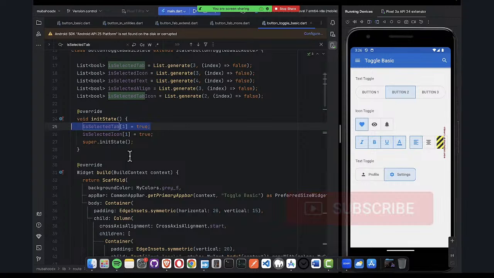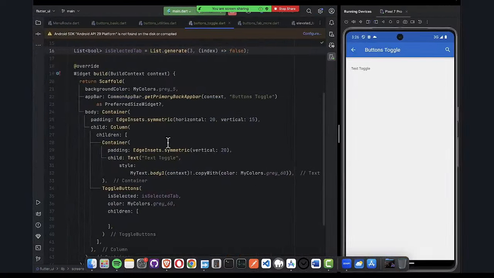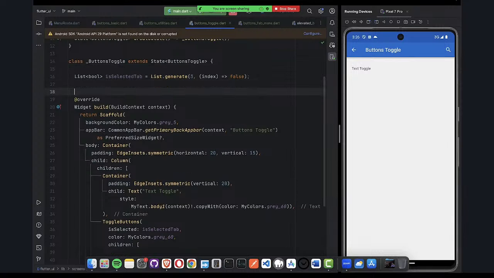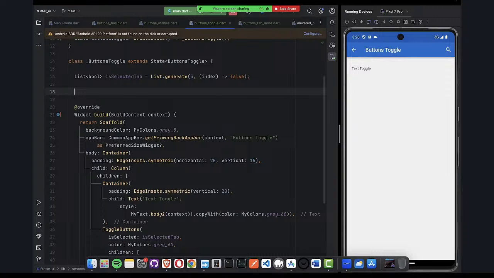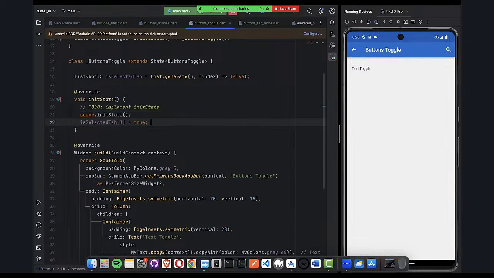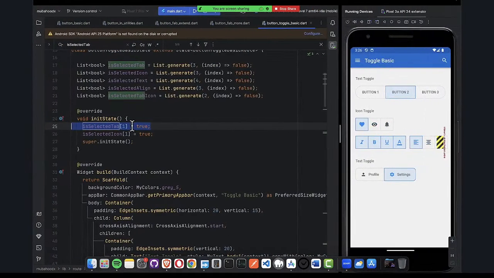Okay, so just simply come here by default. Create the is selected one to be true. So this means that it's only one that will be selected. Okay, so after doing that, we'll go ahead and